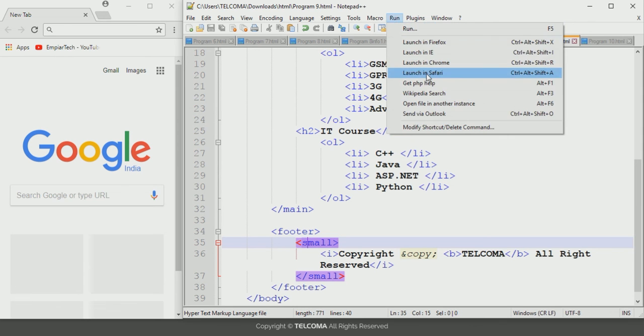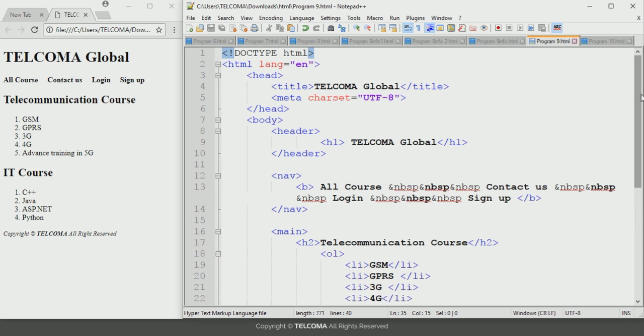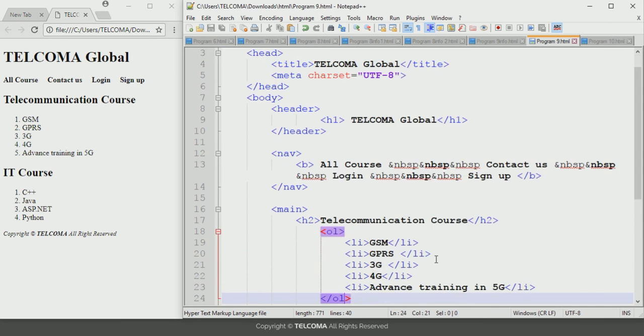Go to run and launch in Chrome. Now you can see that it is displayed like this. It makes a complete home page for a particular site. Here the heading is declared in the header, Telcoma Global, and after that the navigation is displayed like this, and it adds the spaces because we declared the non-breaking space element here. After that it shows the main section with an ordered list, and in the last part where we declared the footer,